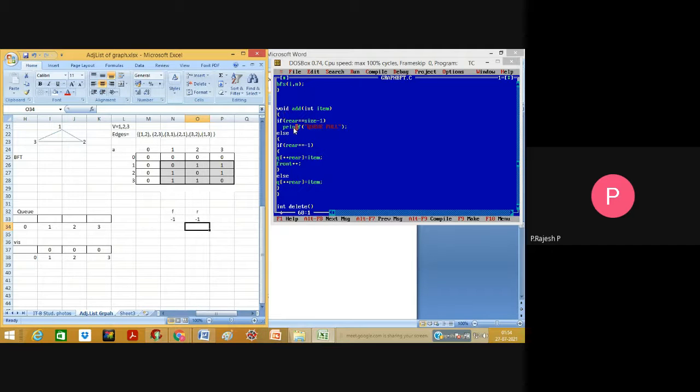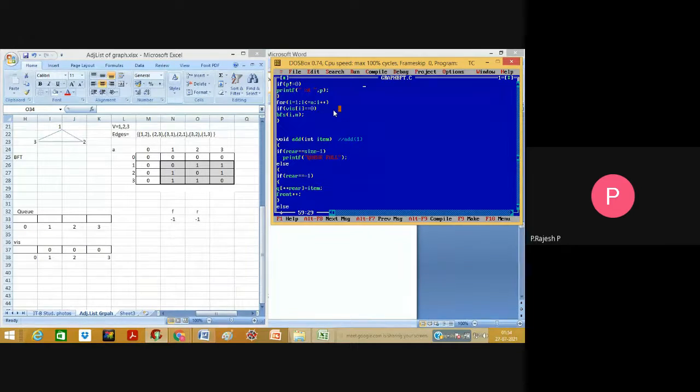Check it out. Coming inside, what is the value that we carried into add of 1 right now? Add of s, so add of 1. Coming inside this function, we check if rear double equals to size -1.